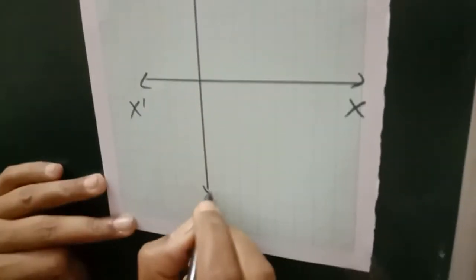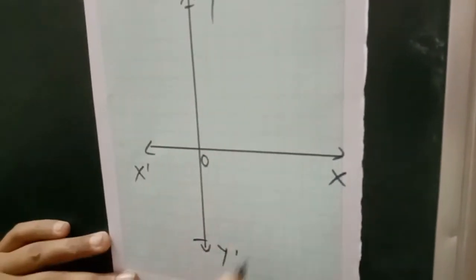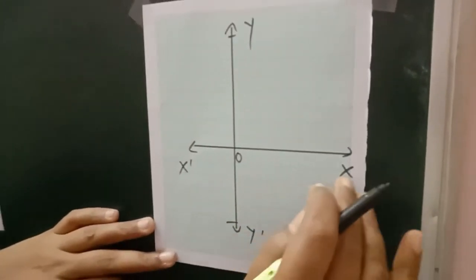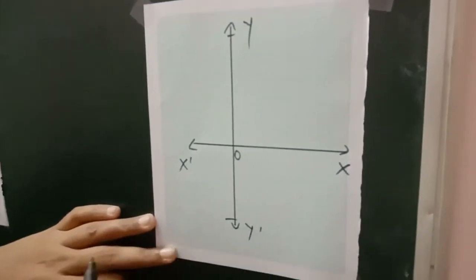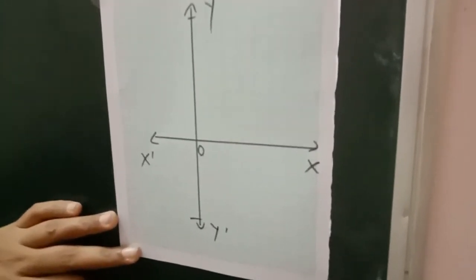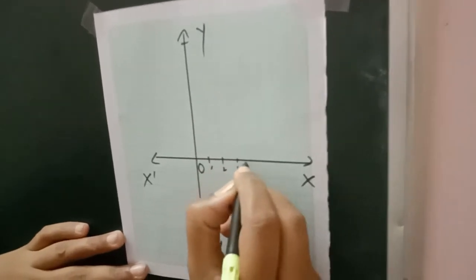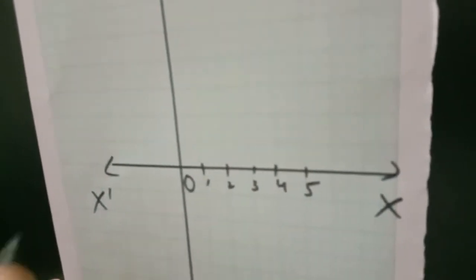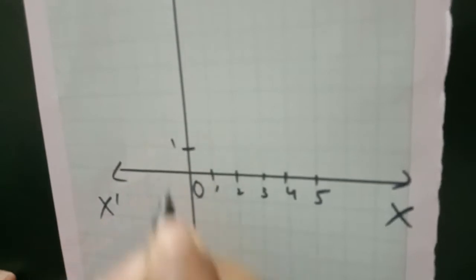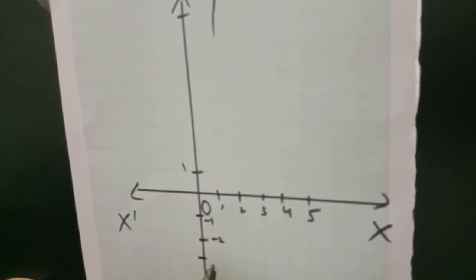So this is our x-axis, negative side, x dash, y dash, o. Why I am writing there? Because when we draw the graph in this way, we write everything correctly, then already an impression will come, that the student knows everything about graph. So again, we are plotting the points 1, 2, 3, 4. I think we have till 5. And in y-axis, negative side we have, I think, -1, -2, -3.